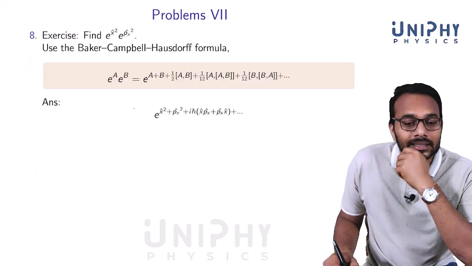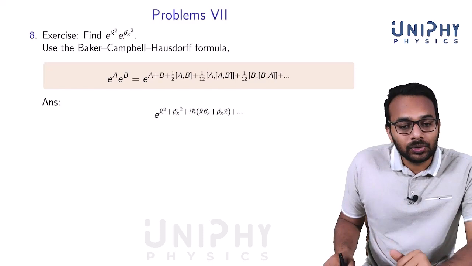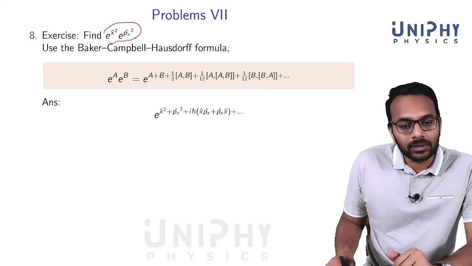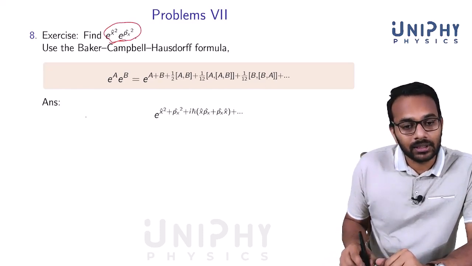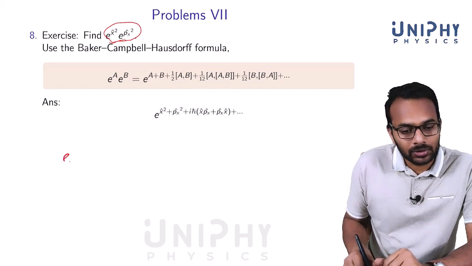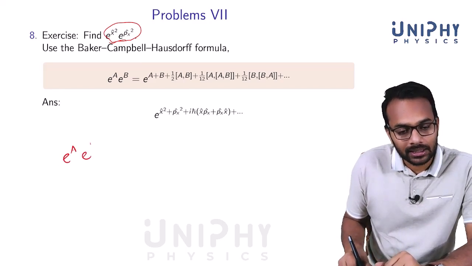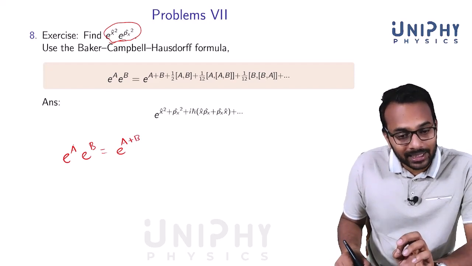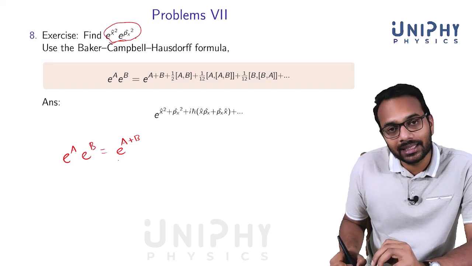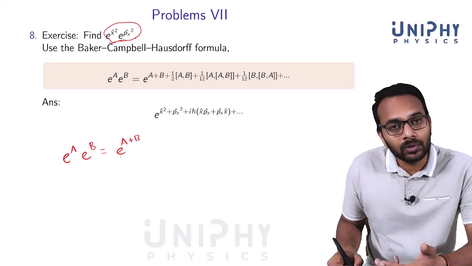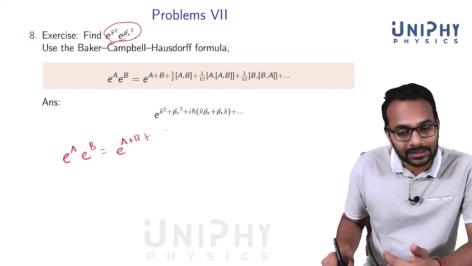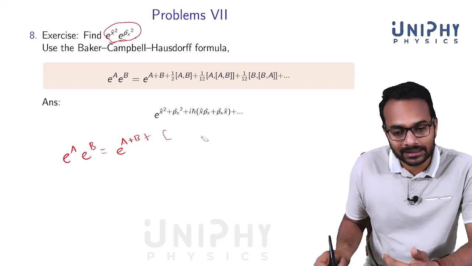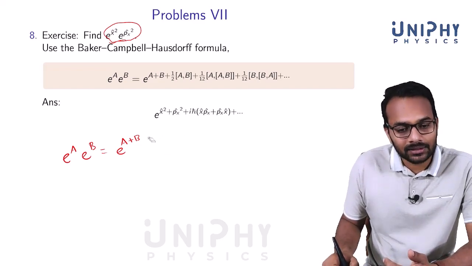All right, here is another problem. Find e raised to x square, e raised to px square. Usually when we have e raised to a, e raised to b, we can write it as e raised to a plus b. But this is the case only if a and b commute. If they don't commute, there are some extra terms here. Actually, there's an infinite series here. That's known as the